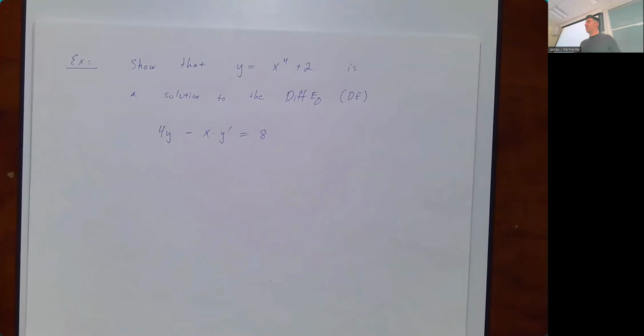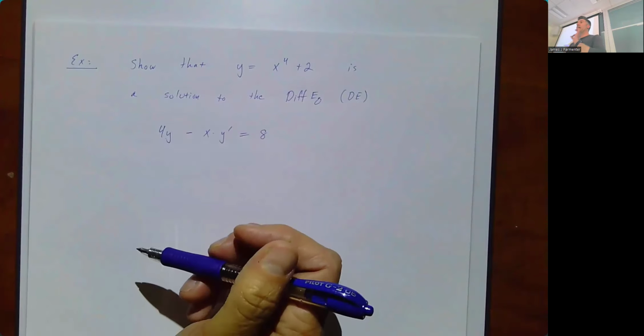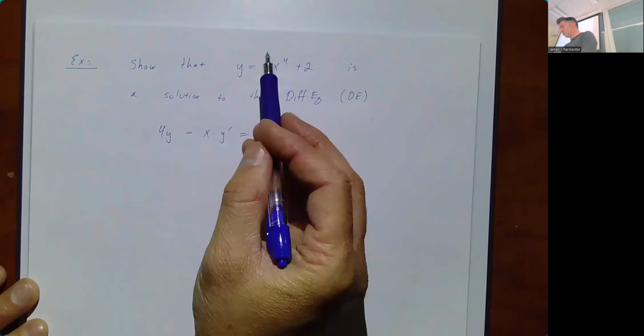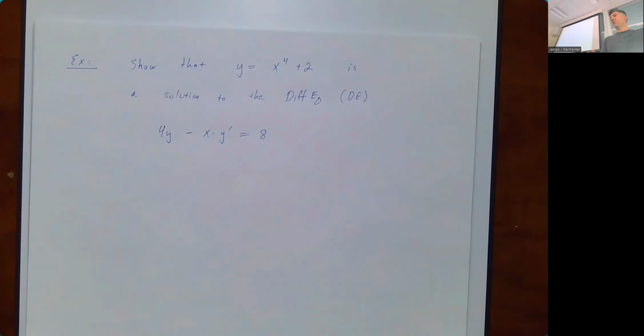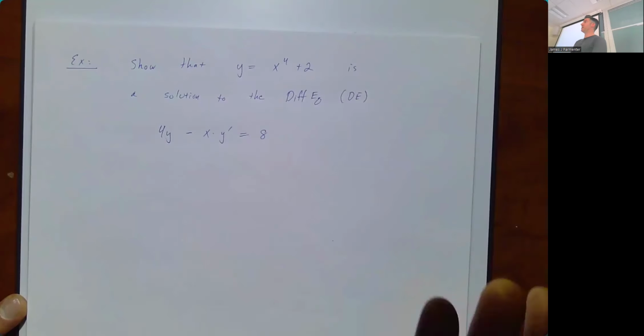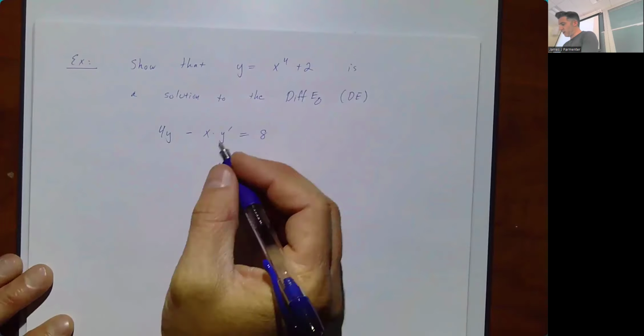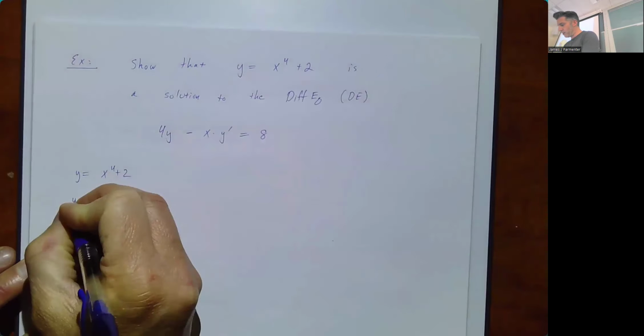There's a couple of ways to approach this kind of problem when you're asked to show something is a solution. My usual bent is to look at what I've got in this differential equation and say, okay, I've got a y and a y prime. If they tell me that my solution is y equal to something, then I'm just going to use that. Sometimes you have a solution that's more implicitly defined. But if you have y equals some function of x, whatever your variable happens to be, you can take that y, find whatever derivatives you need, plug all that in, and see if the things work out the way they're supposed to.